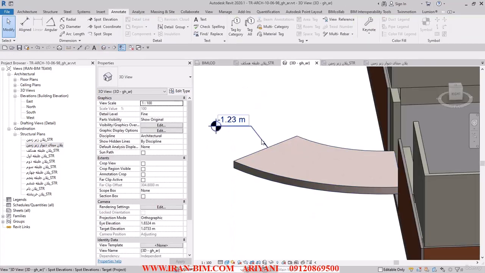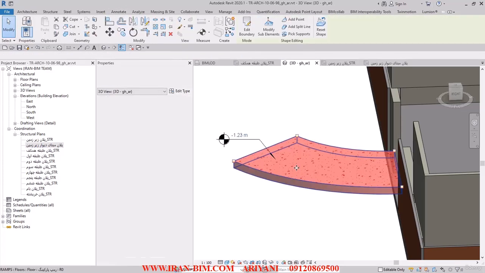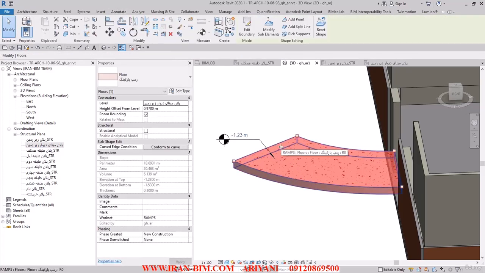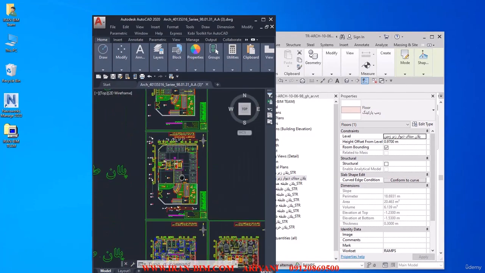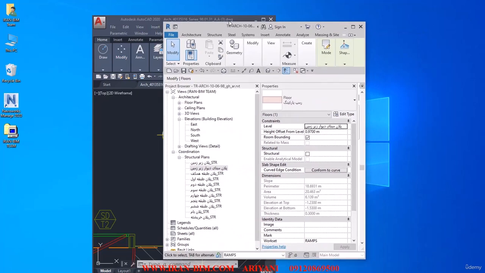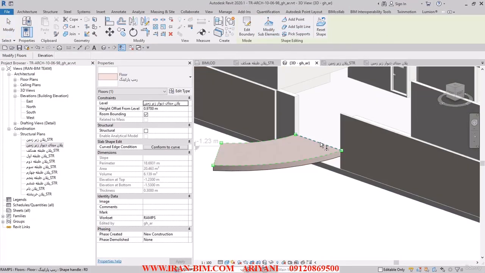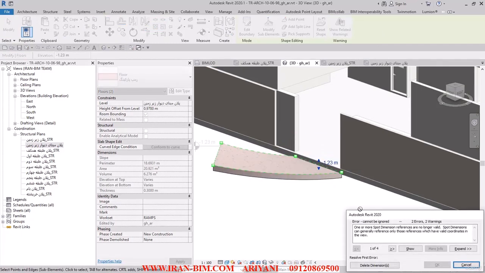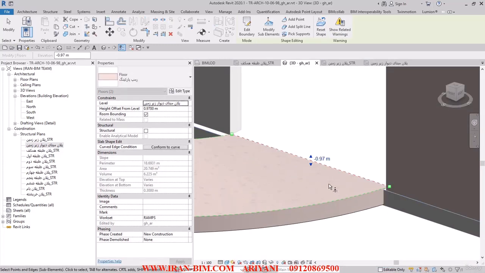Now we go back to the 3D view. So I go here and I delete this one here. When I put this one here, I couldn't edit it in the 3D view. You need to put it on the floor so you can edit it. And as you can see in the CAD file, we have minus 1.23 and it goes down to minus 2.1. So I go back to the Revit file and I select modify sub elements and then I select this line over here and I edit it to minus 1.23, or I can drag this up to here